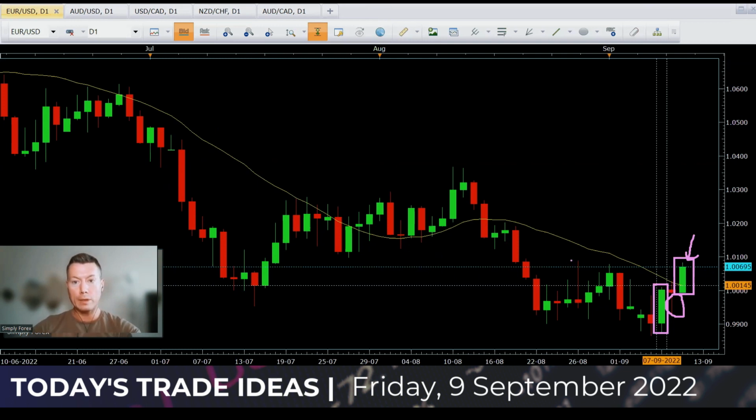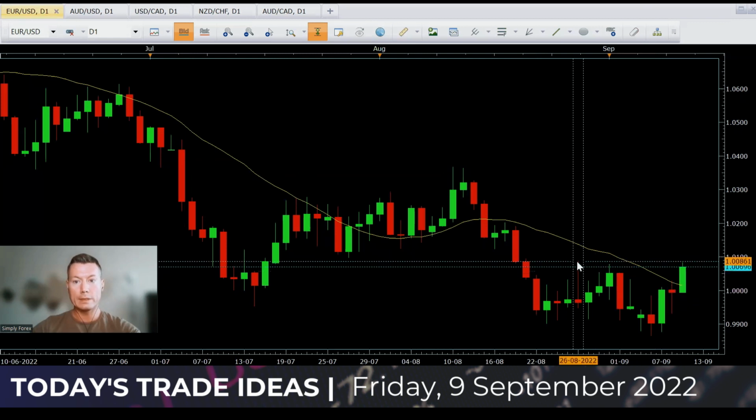But if price breaks these last highs, guys, yeah, for me, and closes above here, this could be room to the upside, if we could start buying this pair. Okay, because structure has changed. As soon as that high breaks, we're in an upward structure, we're in an upward trend. Okay, so yeah, that's one of the dollar pairs that is very interesting. It'll be interesting to see, because obviously today's Friday, how that weekly candle and this daily candle finishes today. Okay, so keep an eye on that, guys.